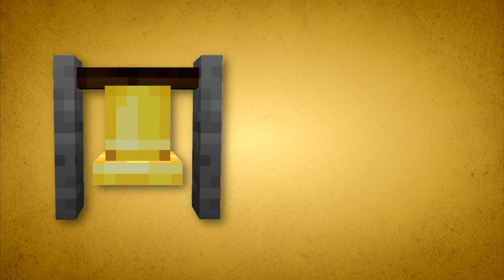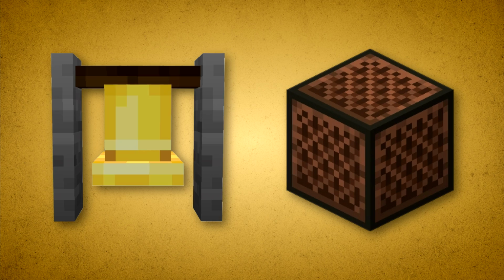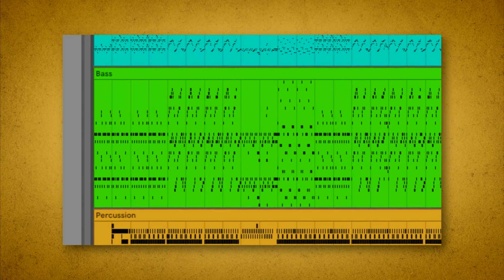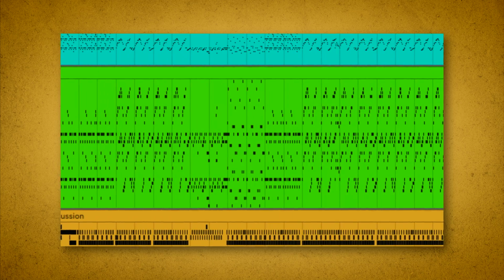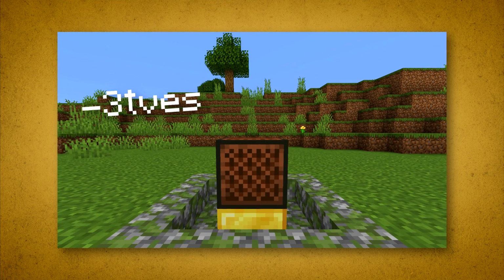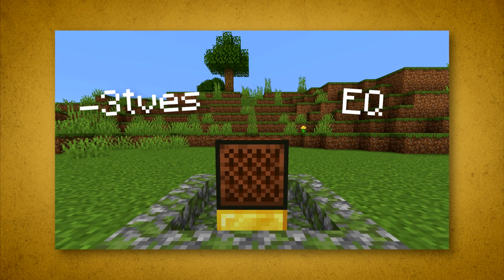For the rest of the instruments, I looked around and the only sounds that made a melodic sound were the village bells and of course the bell noteblock sound, so they were what I used for the rest of the instruments. This is where I let you in on a little secret though. The sound for the bass in my Giorno theme video appeared to be from a village bell, but in reality I used the bell noteblock sound just pitched down a ton with some EQ to get rid of the high